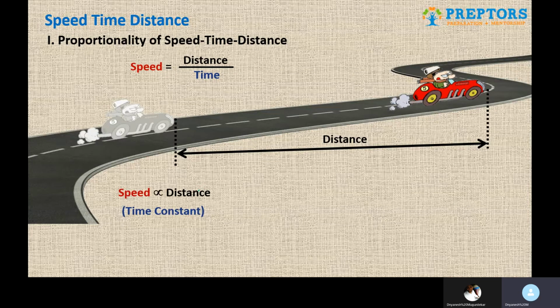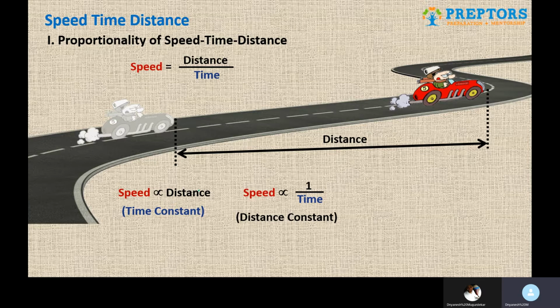The first one of them is that speed is directly proportional to distance, provided the third one, that is time, is constant, and speed is inversely proportional to time, provided the third one, which is distance in this case, is constant. And it makes a lot of logical sense, because if you increase the speed, distance covered is also more. If we decrease the speed, distance covered is also less. Similarly, if we increase the speed, we will reach the destination earlier. That means time taken to complete the distance is less. So that means speed and time are inversely proportional.